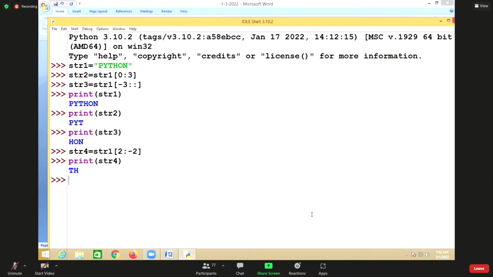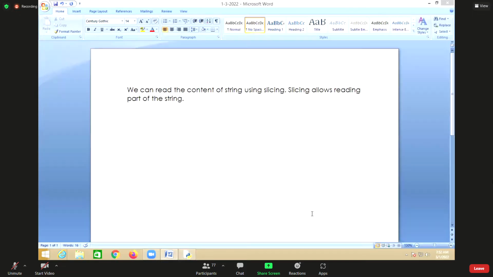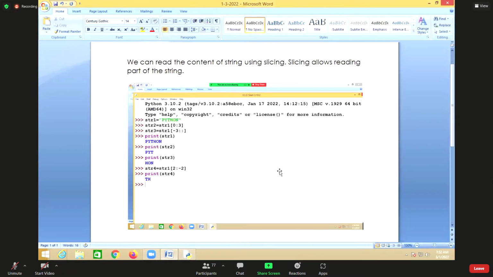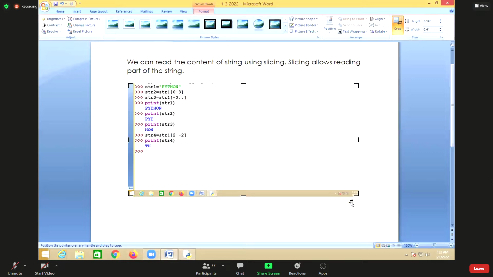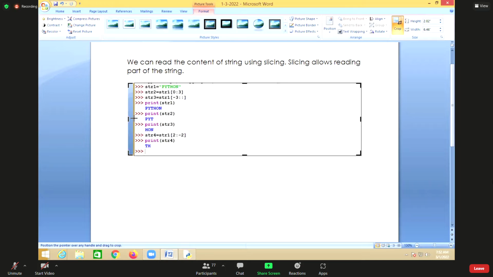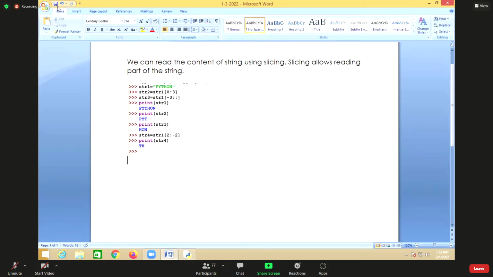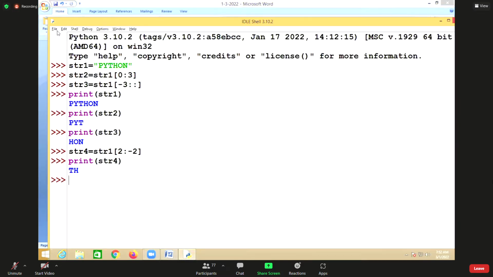Suppose you want to reverse the string. Now, slicing. Slicing allows you to read part of the string. For example,